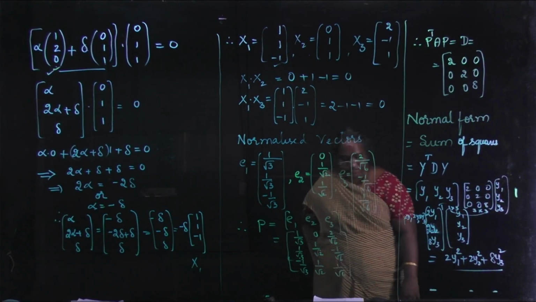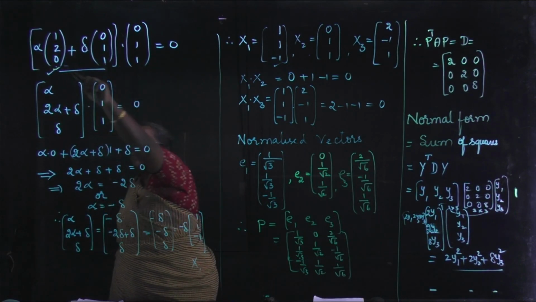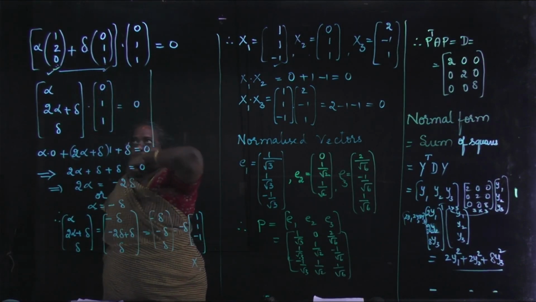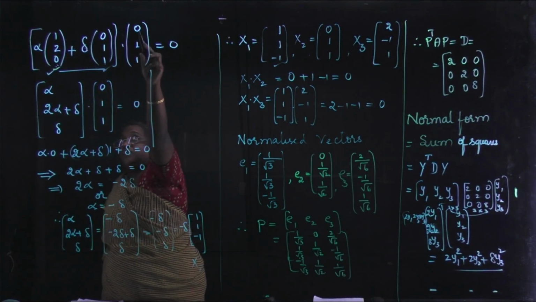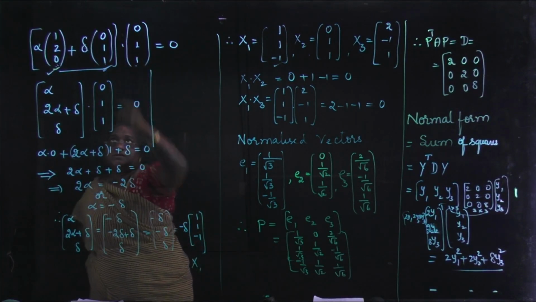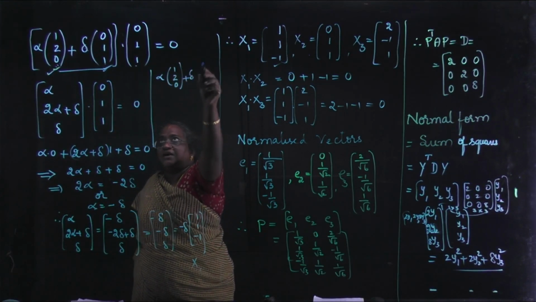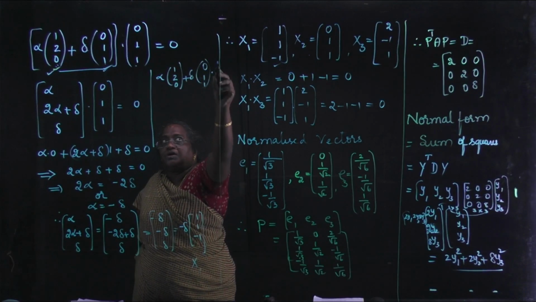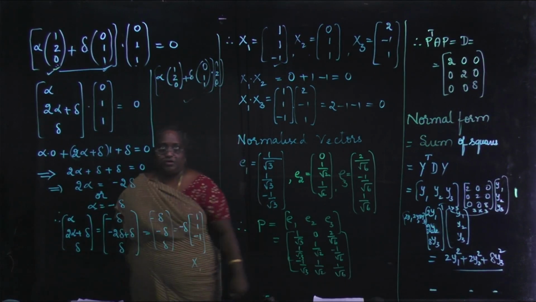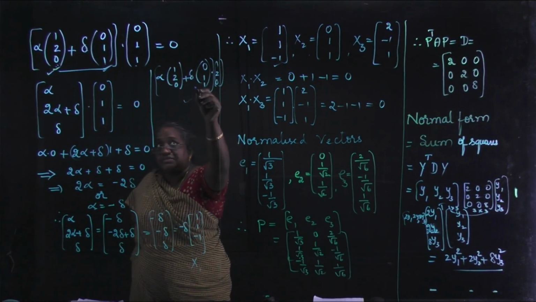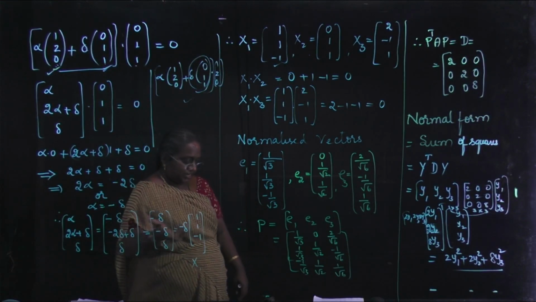You are reducing to normal form using orthogonal reduction. Yes, go through the problem once. So here you have to observe that not only can we use this vector, I can replace this vector also. Means if I write here 1, 2, 0, I want the 1, 2, 0 matrix. I am going to replace 0, 1, 1, which I can write as alpha into 1, 2, 0 plus delta into 0, 1, 1. Dot product, I want to replace this time 1 to 0. Even this one you can follow. This time I am going to replace this vector 0, 1, 1. You can do it that way also. Whatever way you do here, you will get the same thing.